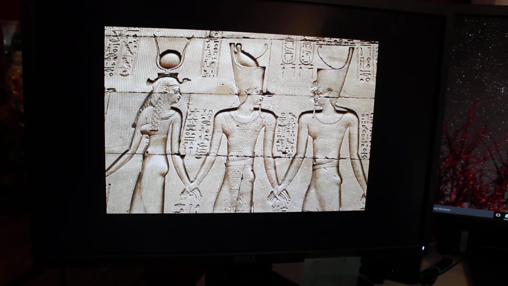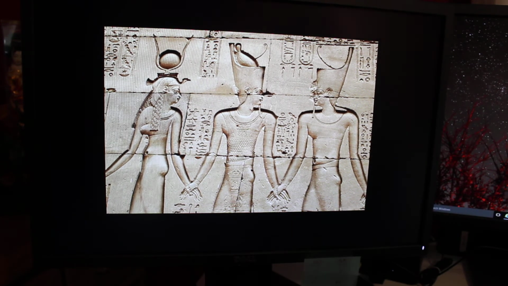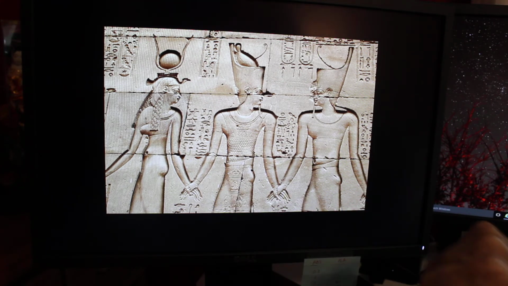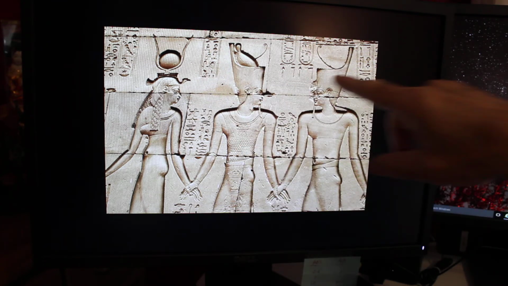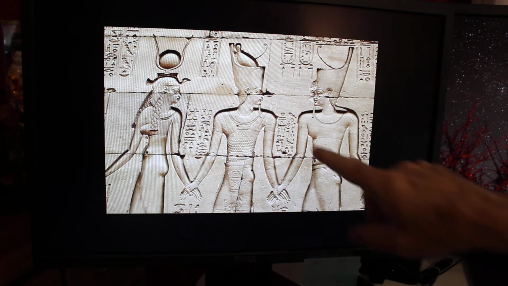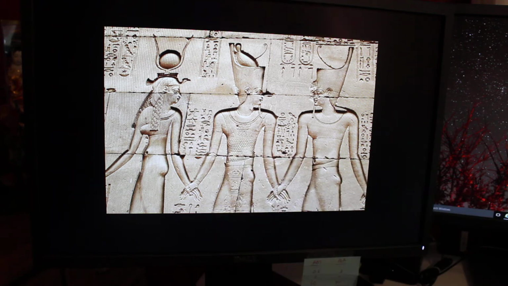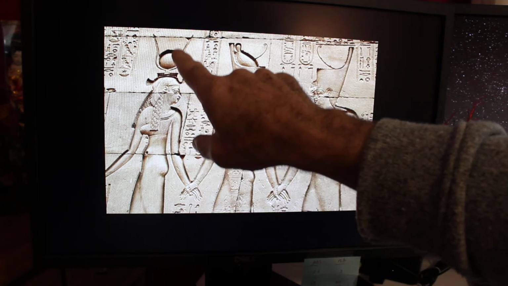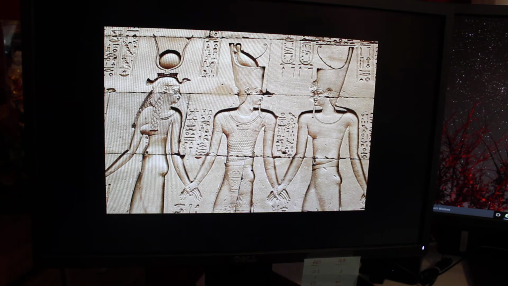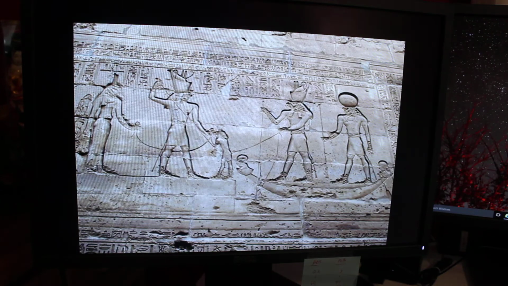And every year they would have a holiday, a celebration, where Horus and Hathor's marriage would occur. And this is him putting them together as in a wedding vow. These are called cartouches. Those are the names of the gods, and that is the Egyptian written language explaining what is going on here. Hathor, his sister, is often represented by the bull horns and the disc of the sun. Here it is again.